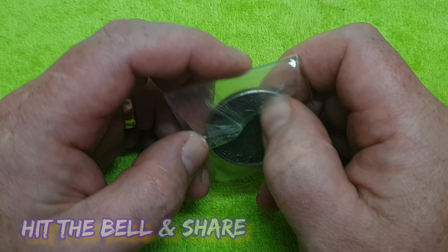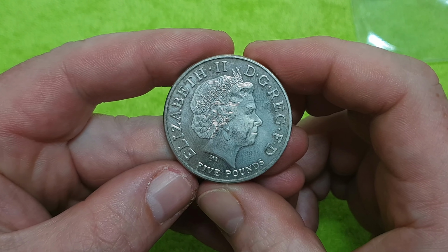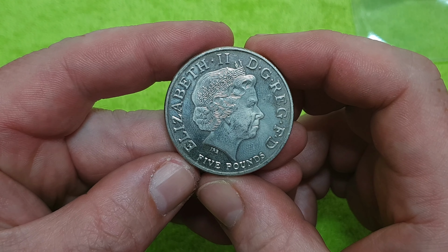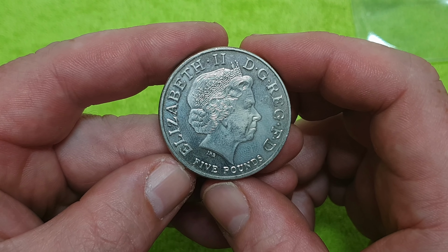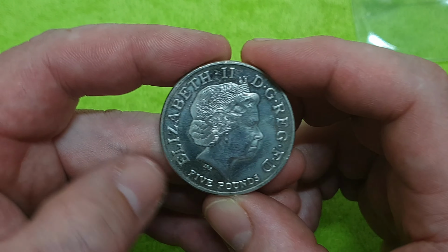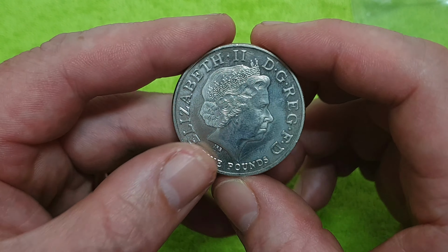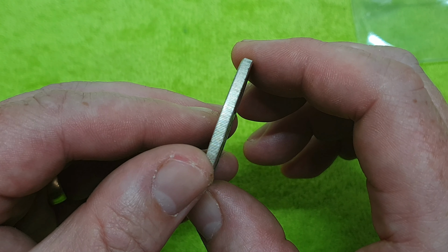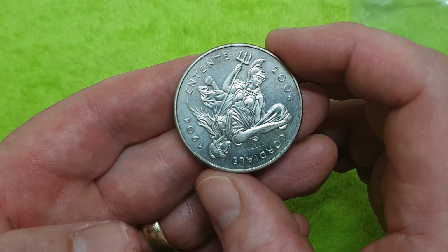Right, so the first one I picked up is this one, and this is a £5 coin. Let's get it out of its plastic sleeve, and we can see there we've got Ian Rank-Broadley's fourth portrait of Her Majesty, and quite clearly down at the bottom we've got £5. It's a bit of condensation on there. It's not a proof or anything like that, but it's still a pretty nice coin. Milled edge or reeded edge, and we've got here a couple of images,